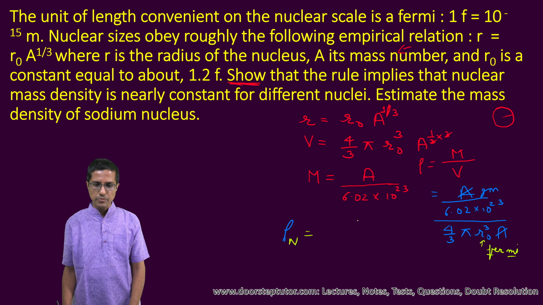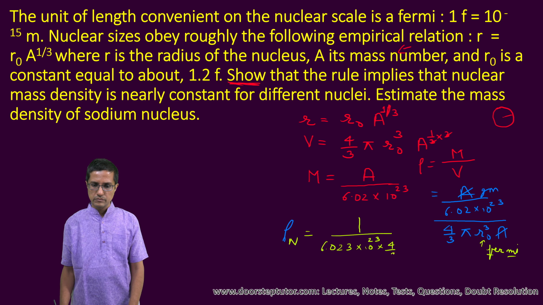So this comes out to be 1 divided by, and this R0 is given to be 1.2 Fermi, so this will be 1.2